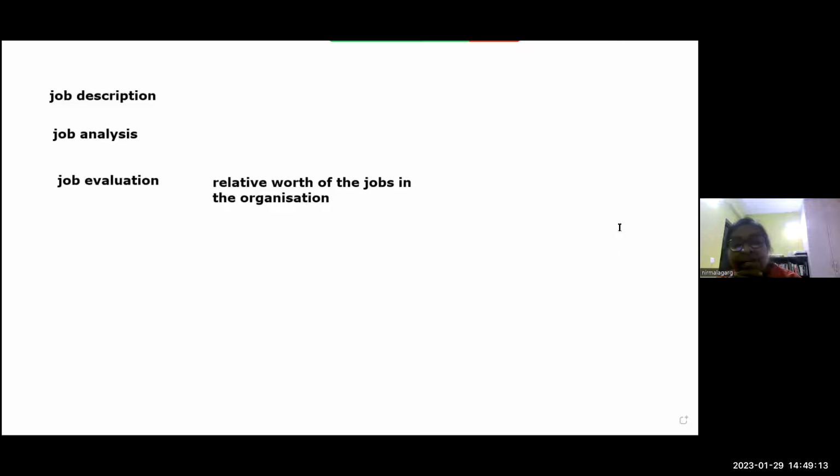But as a consultant, let me tell you, there's a very smart way of doing it. And all consultants, be it Hewitt, be it Mercer, be it Hay, everybody uses this method. I don't know how many of you are familiar with it. Are you familiar with a site called ONET? Anybody? ONET? Heard about it. So all that you need to do is